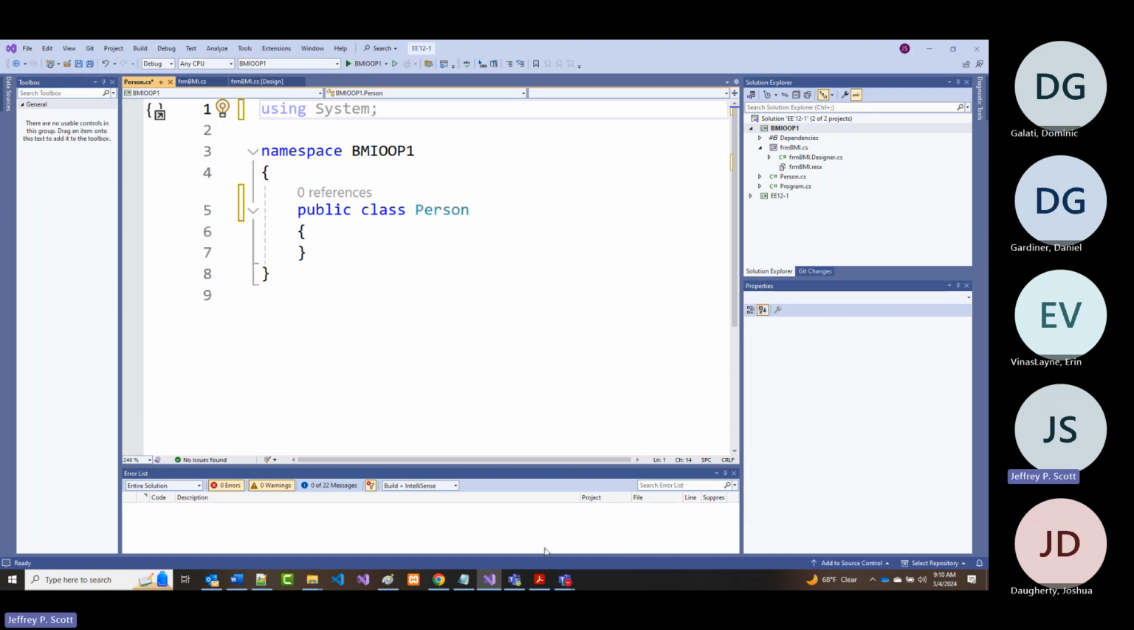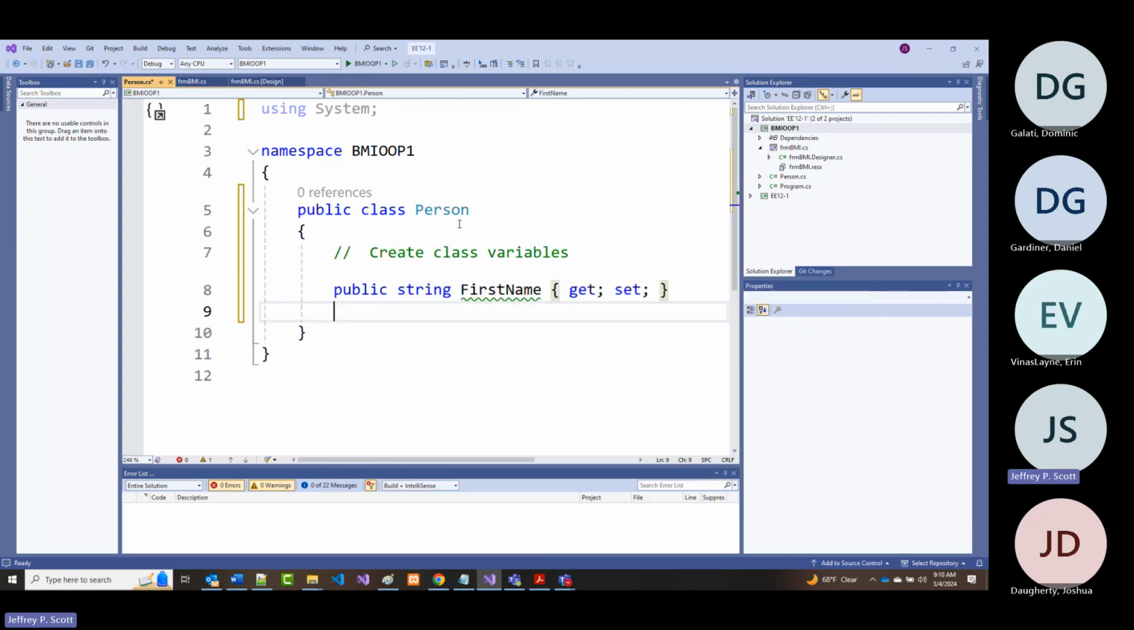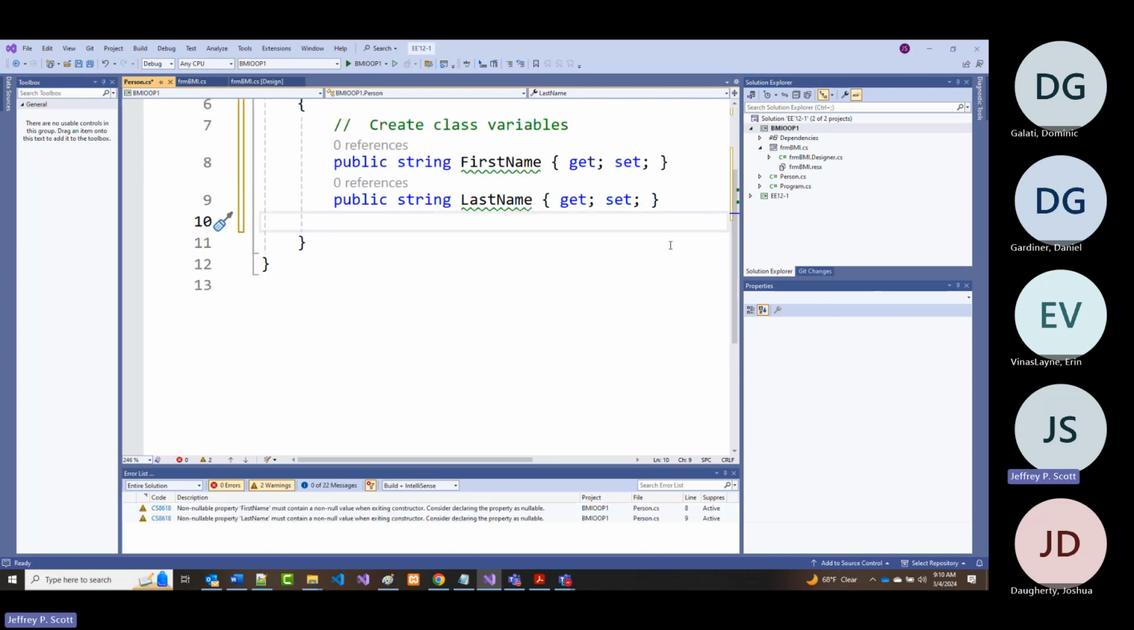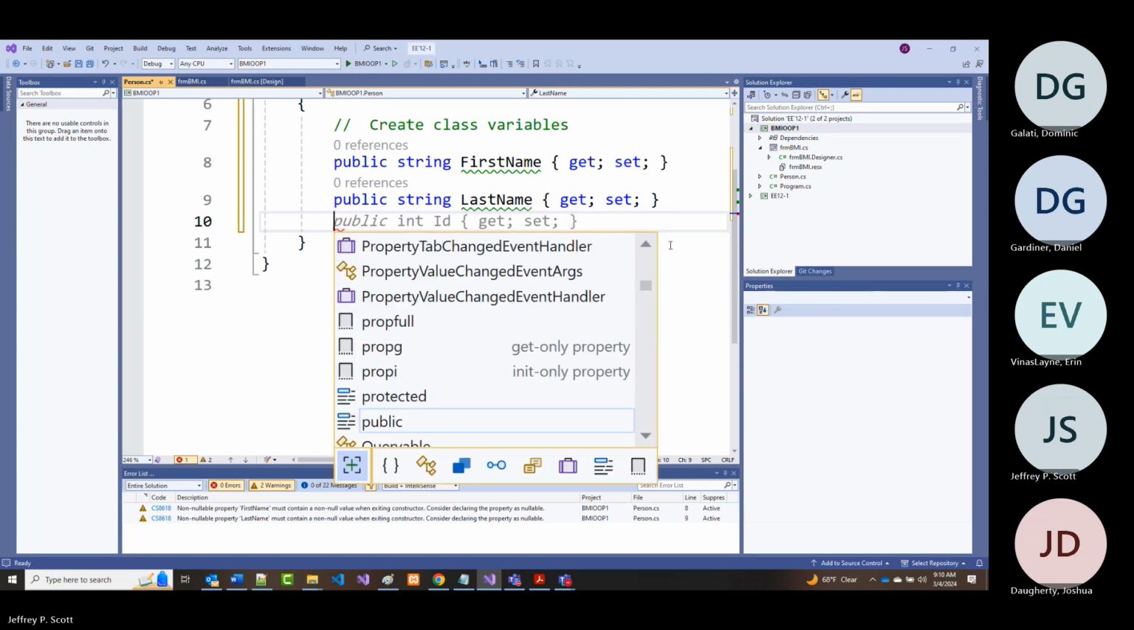All right, so I'm going to come in here and I'm going to create my class variables. All right, they're all going to be public and there's going to be 6 of them. So public string first name, get set. Public string last name, get set. I don't need this string empty. All right. Public decimal